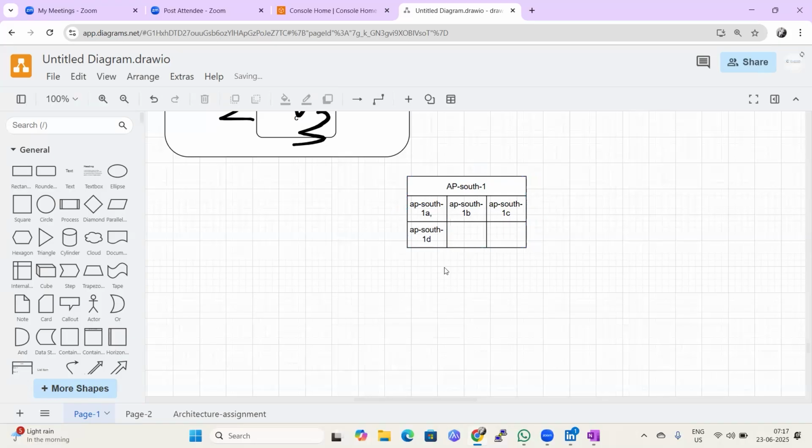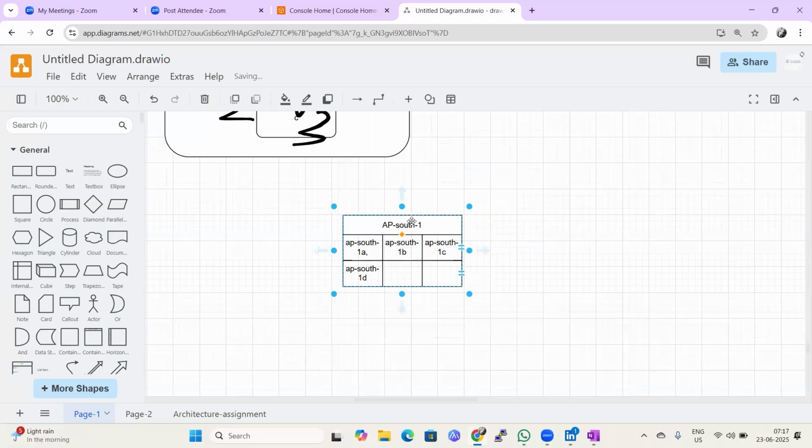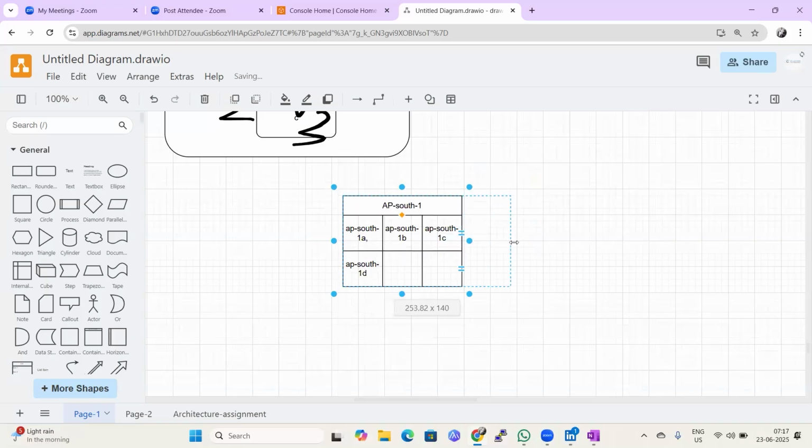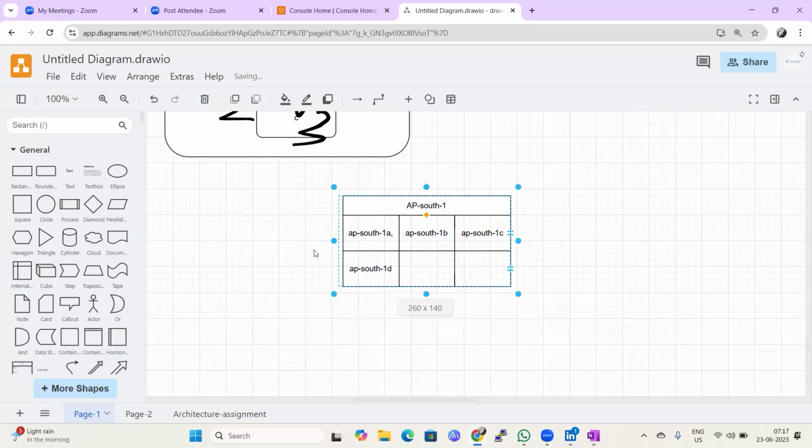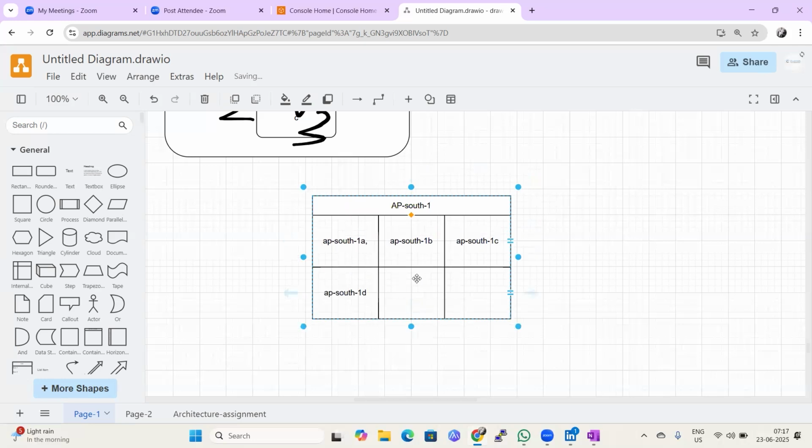But whenever you want to create any virtual machine or any resources, you should select at least two availability zones. It is a good practice. Why do we need to select two availability zones? Let me explain. There is a war between Iran and Israel. There is a war between Ukraine and Russia. Suppose in a country,